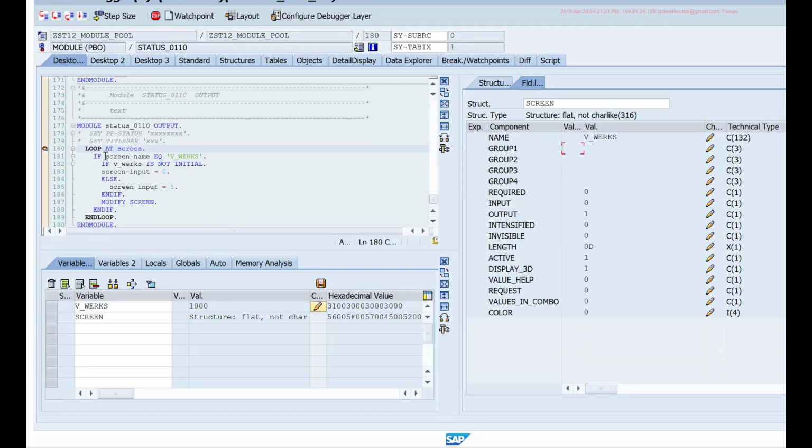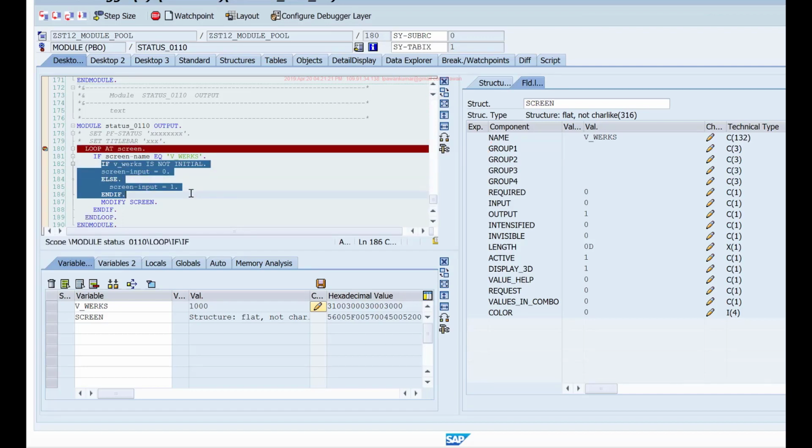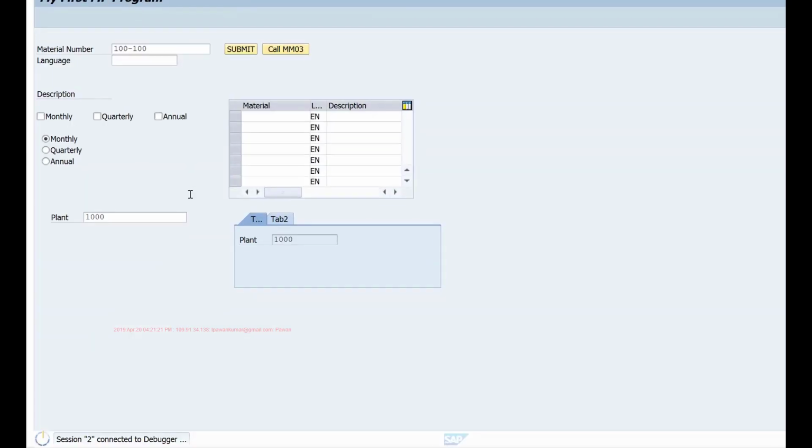So I can say, instead of screen-name, if screen-group1 equals whatever value, then all the fields that have that group value will have these changes applied. So this if condition will be satisfied for all those fields, and it will apply those changes for all those fields. So instead of writing 4 if conditions checking for each field, you can simply assign a group name for all those fields and check for the group name. So that way you can do it.